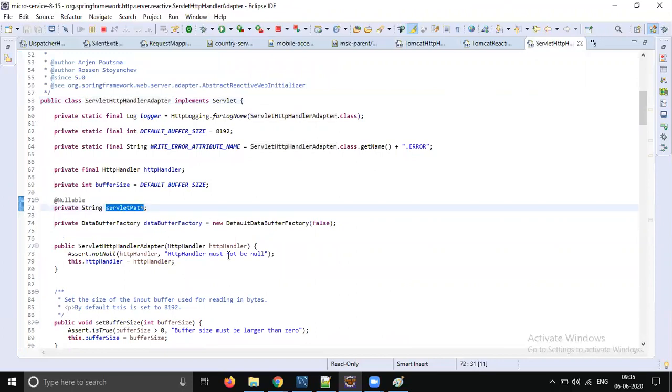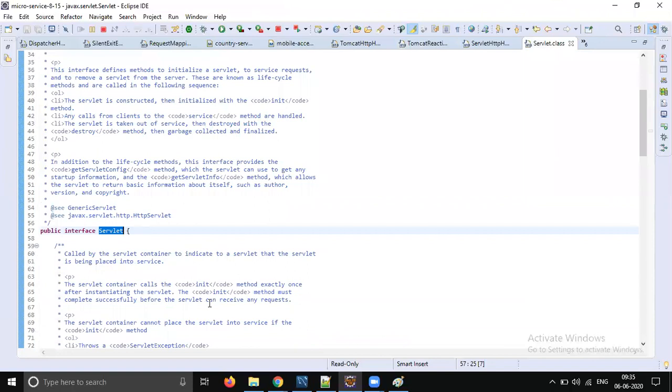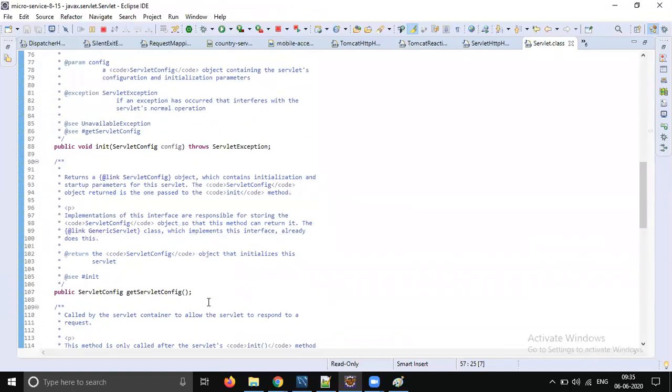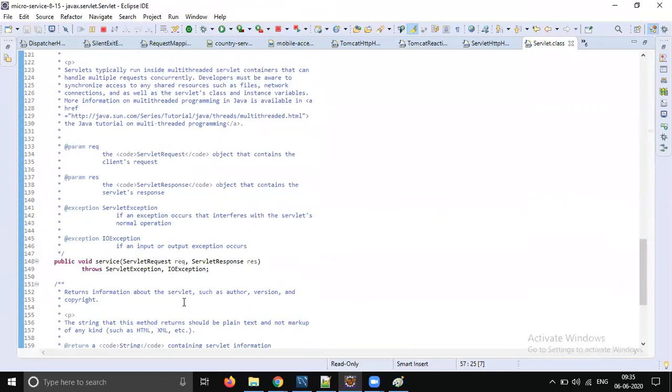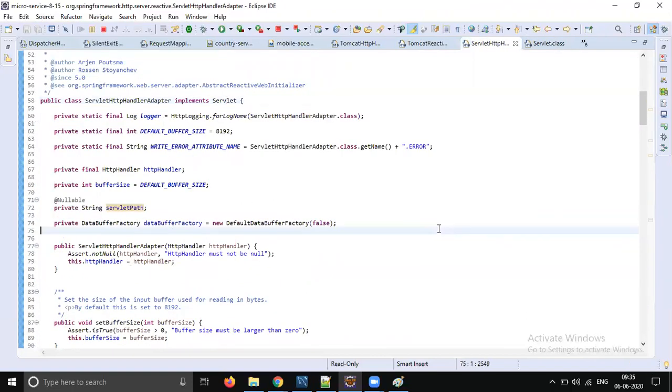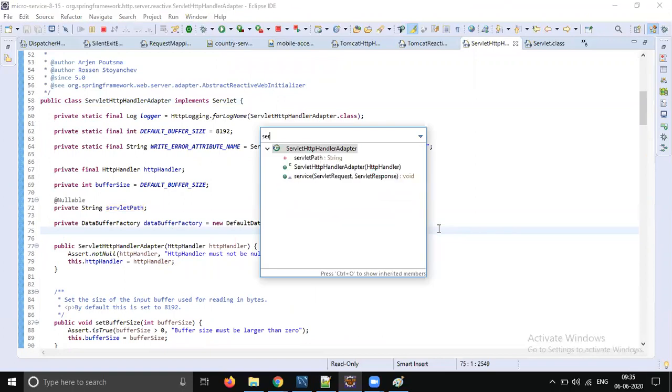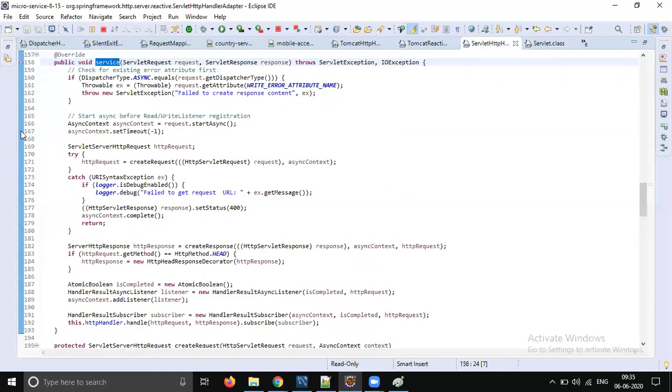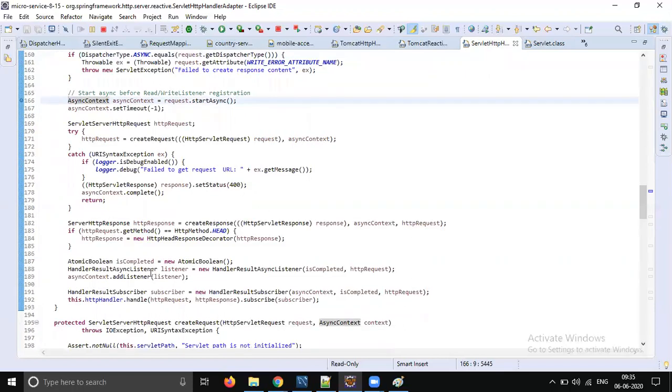Servlet path, init, service config, service method. Then it should provide implementation for the service method, right? Yes, here is the service method. So this is the starting point for Tomcat. It will come here and go to HTTP handler dot handle. So what HTTP handler it goes to, we will check here.